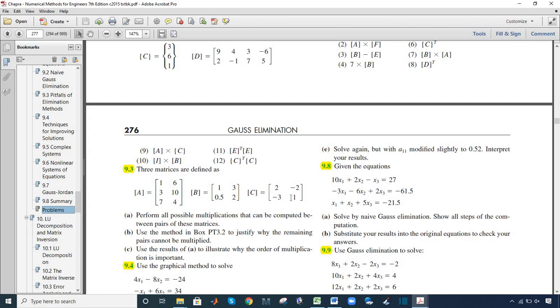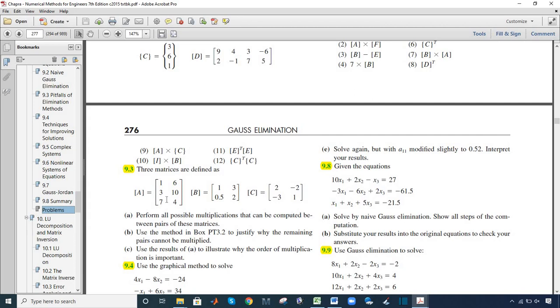In this case you cannot multiply B with A and C with A and A with A, because there is some condition for multiplication of matrices. The condition is that for multiplication of two matrices, the number of columns in the first matrix must be equal to number of rows in the second matrix. When you want to multiply B with A, its number of columns are 2. It should be equal to number of rows of A, but it has number of rows 3, so multiplication is not possible.